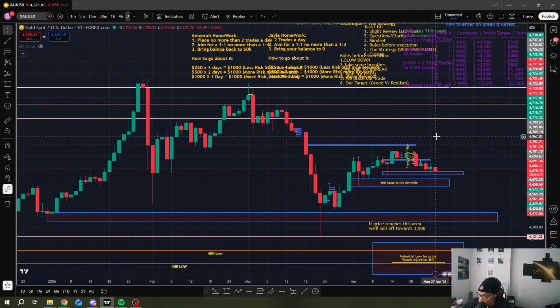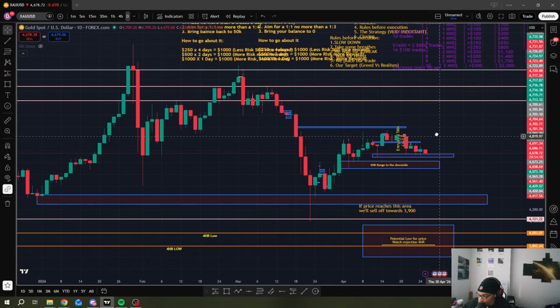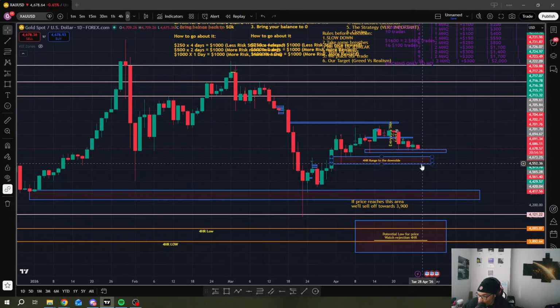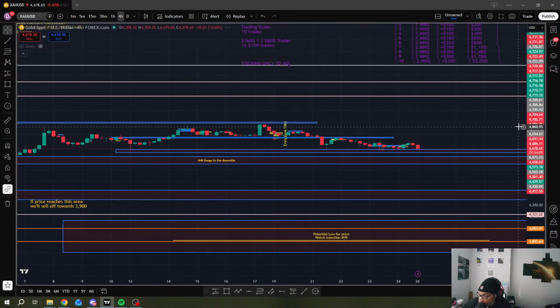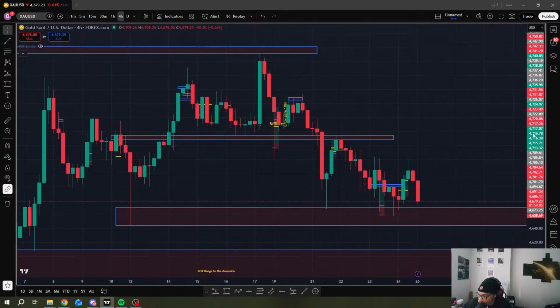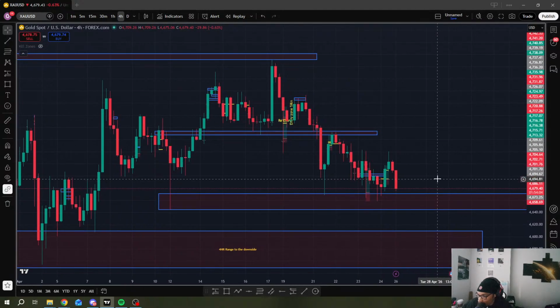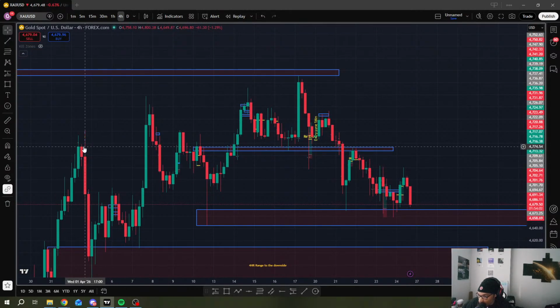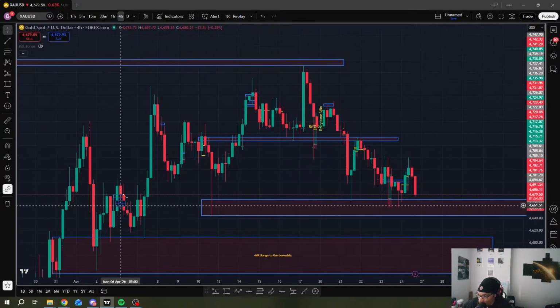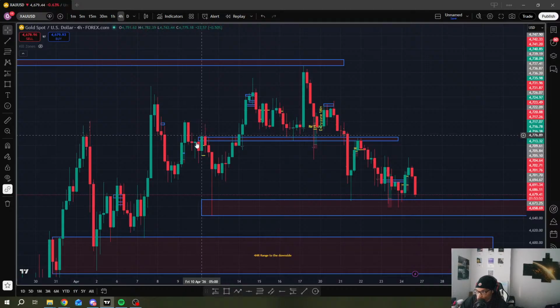So there are a few things that we need to look for here. One of those things is on the daily time frame: price coming all the way back down here, reaching these previous lows, and then reversing and pushing back to the upside. That's on the daily, right? And so let's look at what the 4 hour is looking like. On the 4 hour, price came up, we had a high, we had a low, higher high, higher low, and then we started to rally a little bit in this range.